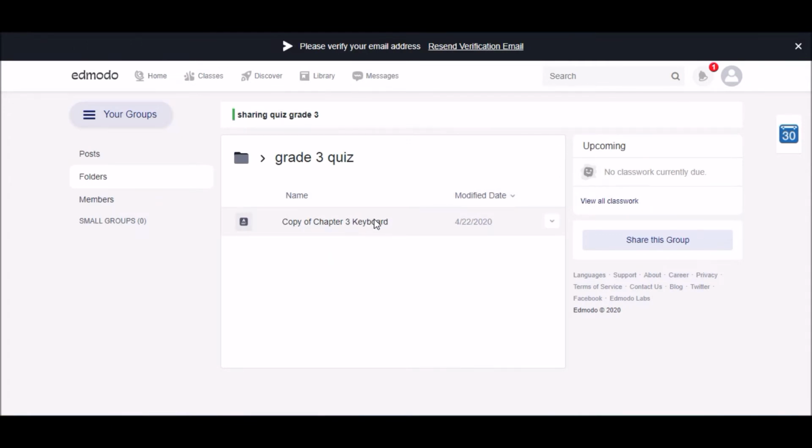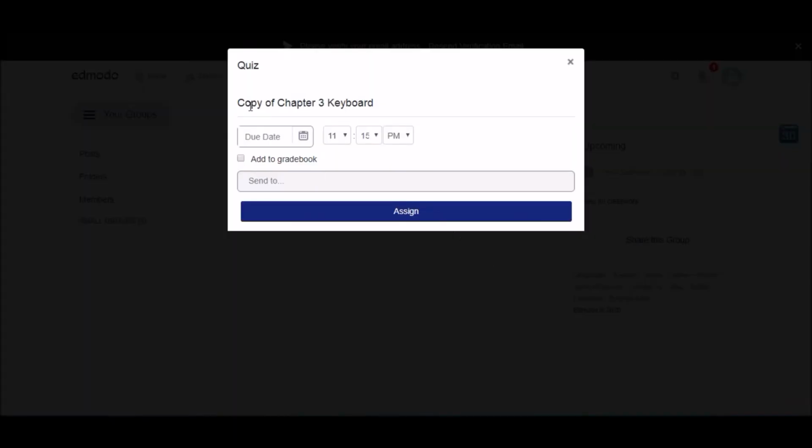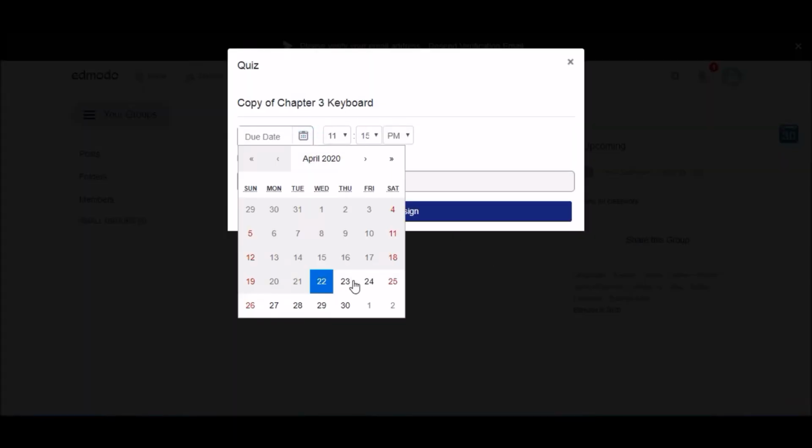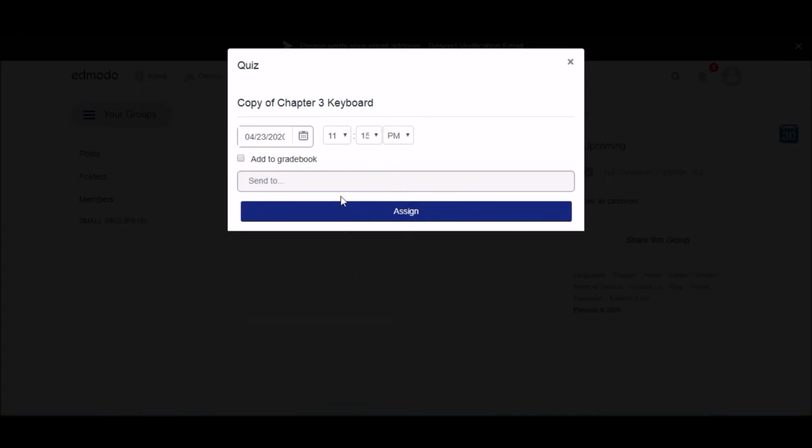Now all I need to do is just assign it to my class. So click on the down arrow, assign. The due date, suppose I want it for tomorrow, so set the time like morning 9 o'clock, 9:15 a.m. Add to gradebook, send to.